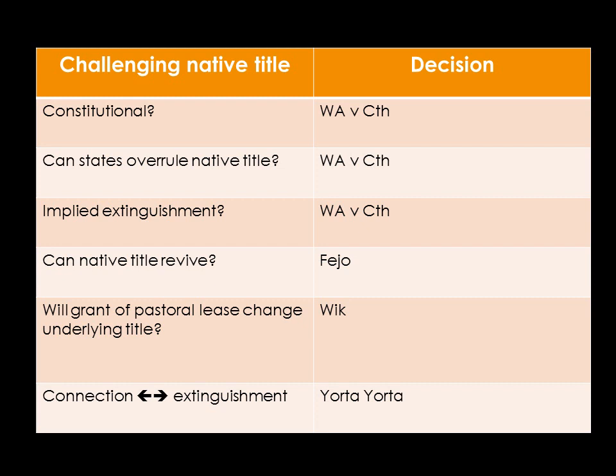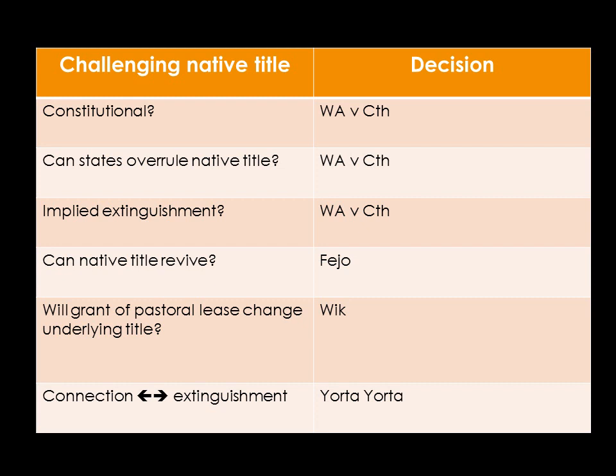So especially in the early days, a number of key decisions were made in relation to native title. It was challenged left, right and centre. So we'll just quickly run through some of the challenges that were made to native title. So the first question was asked in the decision of Western Australia and the Commonwealth: is it even constitutional? Is it possible for a federal claim, for example, or a claim, the claim in terms of state land, to be overridden by some sort of universally applicable law?